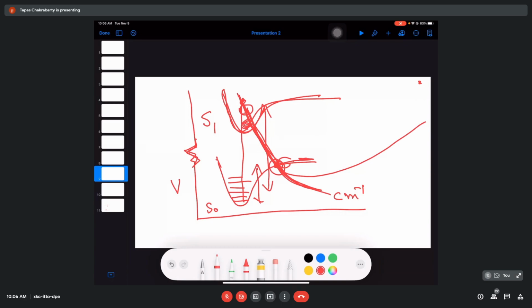See, all these things, what I'm trying to show you pictorially, the definite mathematical theories are developed here, the quantum mechanical theories. So those things we cannot discuss in this class, but this is the basic molecular mechanism that has been understood so far. That is, when you excite a molecule, then usually the excited state is not a unique excited state. There are multiple excited states.